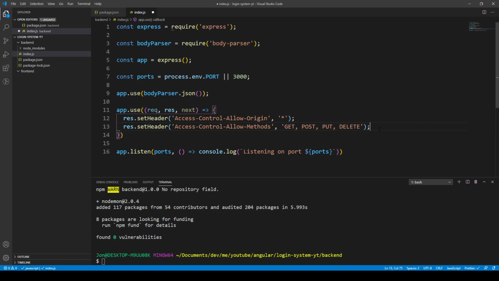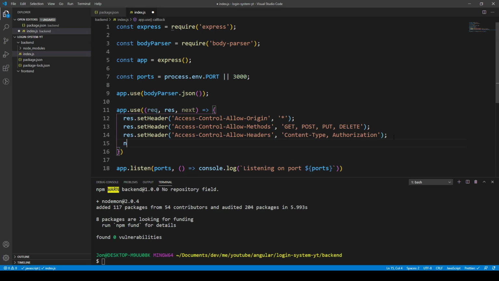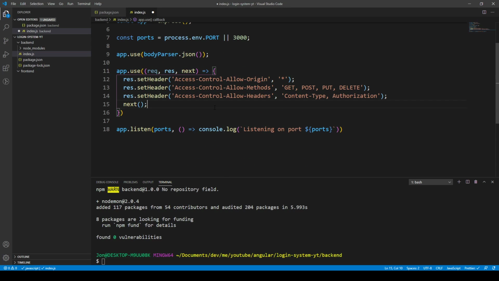And the final header that we'll use is access control allow headers, and we want two in particular: content type and authorization. And after we've gone through this middleware, this is where we can call the next, and it'll go to the next thing, and there'll be a route which we'll add shortly. So we can save this,